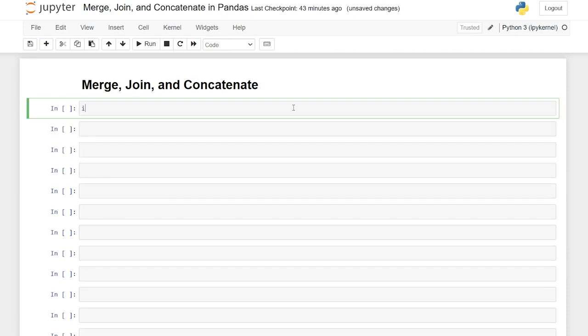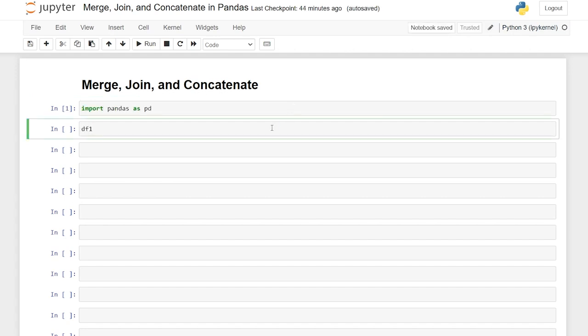So first we're going to say import pandas as pd. We'll run this. And then we'll say data frame 1, and we'll also have a data frame 2. And these are the different data frames, the left and the right data frame that we'll be using to join, merge, and concatenate. So we'll say data frame 1 is equal to